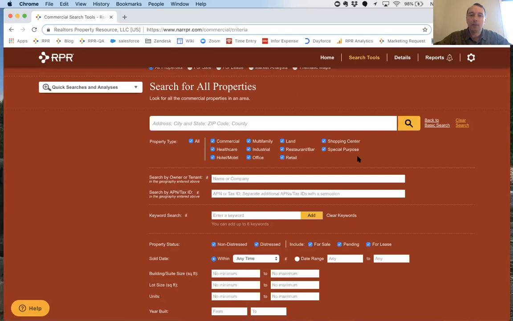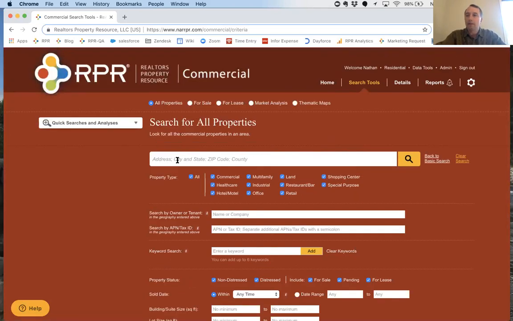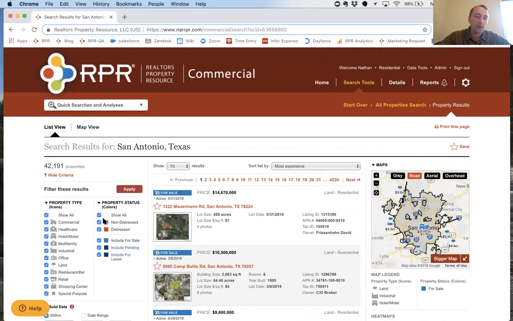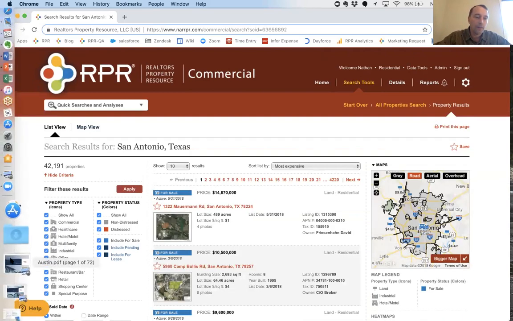So for this example, we're just going to do a very broad search, and we will go into San Antonio, Texas. And maybe what we're looking for is sort of an investment opportunity. So this is where I wanted to pull up another one of what I think is an incredible benefit that